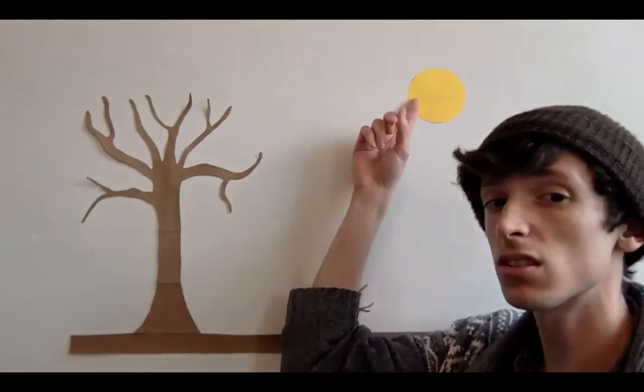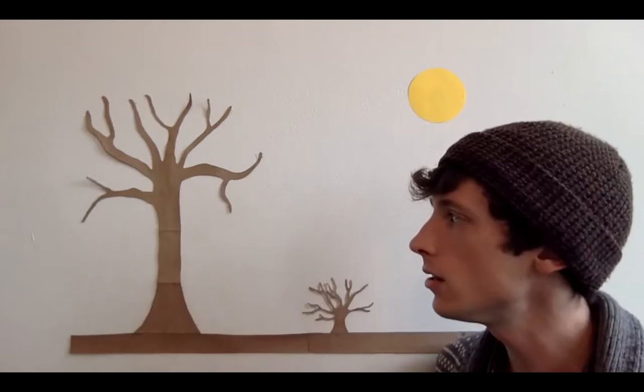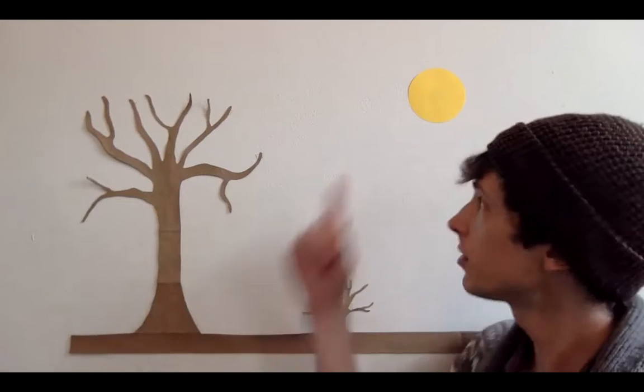Plants need a couple things. They need the sun, which is good because we have that. But what it's also going to start doing more, and you might have noticed recently, is it's going to start raining. Now, rain is when water comes from the sky, and it comes out of clouds. And all plants need rain. Without rain, the trees will stay brown forever, and they'll never become green. They need the rain. So we have our sun,